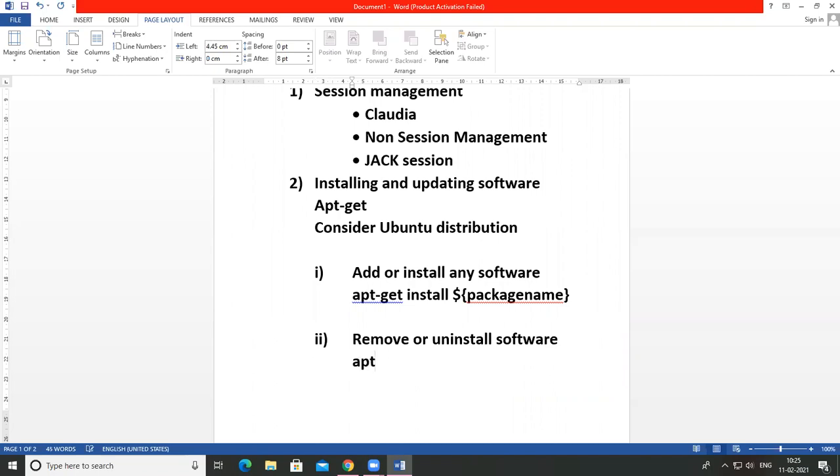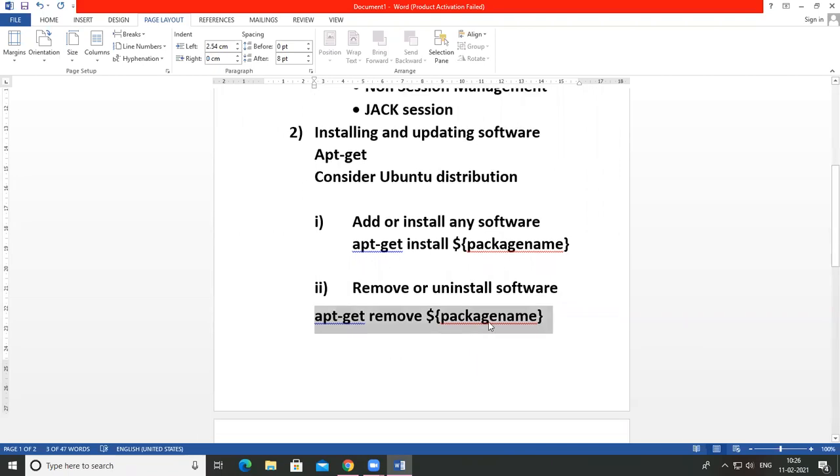For that, just use remove, then curly bracket after $ sign package name. See this command, apt-get remove $ sign and after that package name. Okay, so this command is used here for removing a software.